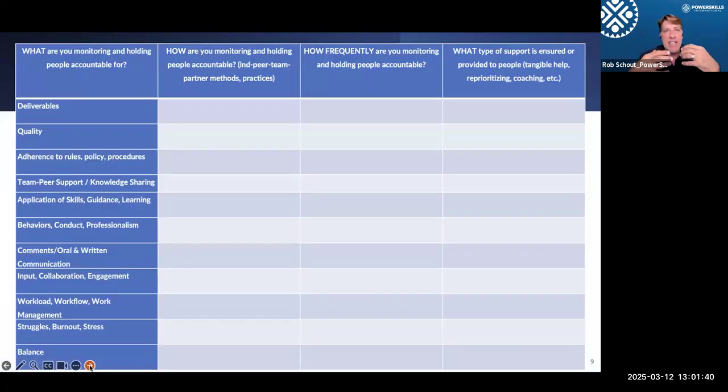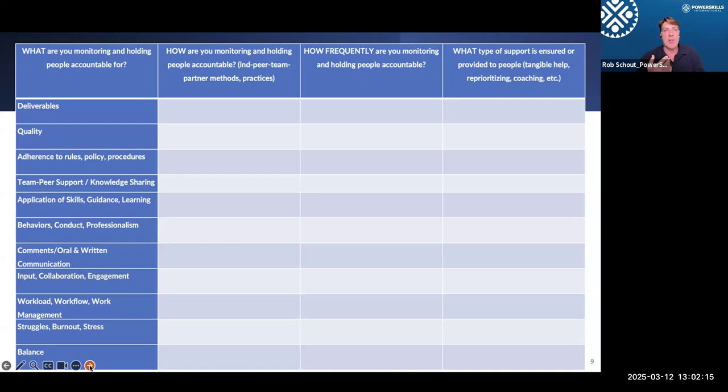This is a very busy slide, but it helps people, especially new supervisors and managers, to start thinking about what are all the things that you are monitoring and holding people accountable, or that you want them to hold themselves accountable for, either individually or collectively as a team in a unit. So this slide offers you an idea of a couple checklist items. And if you haven't gone over these with your individual employees or your teams, you might want to cherry pick a few of these items and say, oh, I need to go over this one.